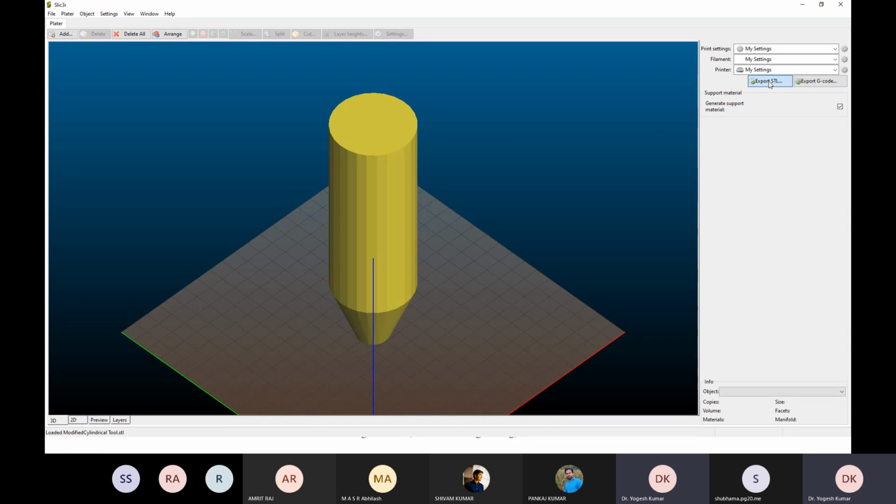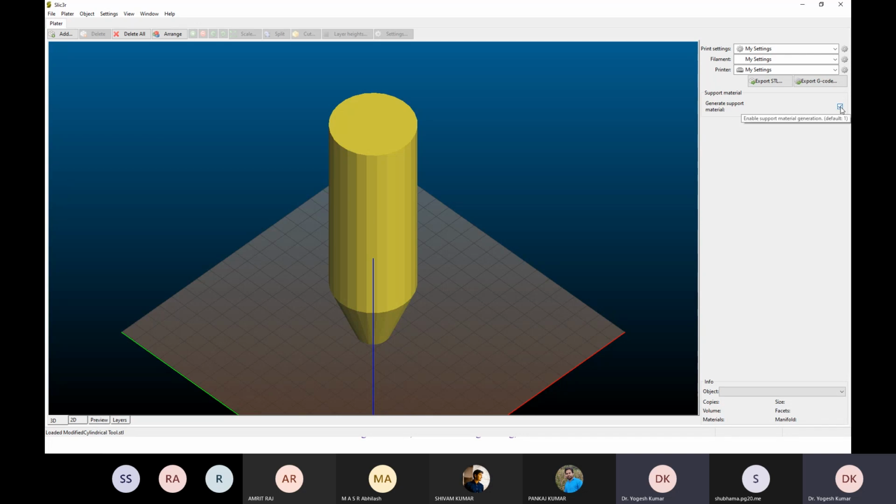Then there is an option, generate support material. If you click on this, then the slice data will be generated considering your support material.